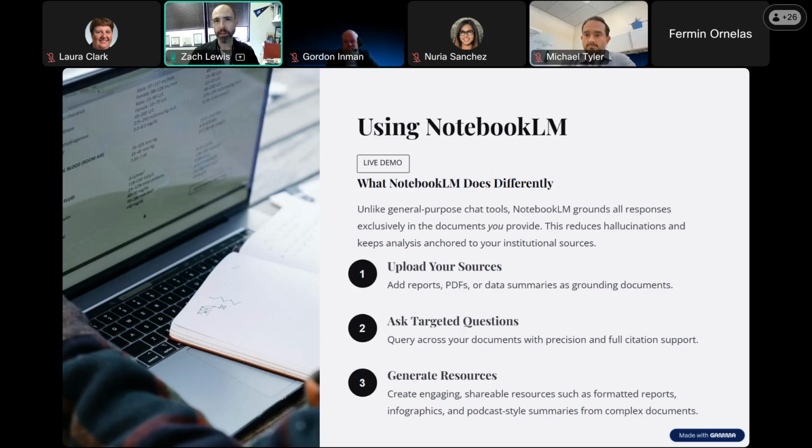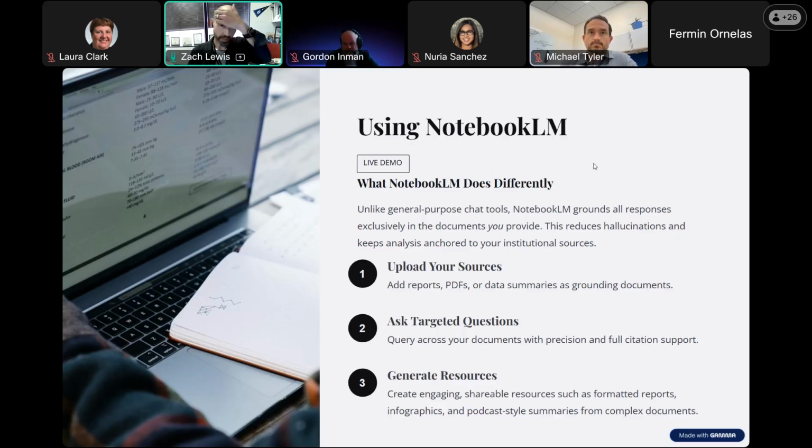Oftentimes we get the question of, okay, you have this analysis and this data, but how does that compare? Or is this good? Yes or no? And so one of the easiest ways or best ways to go about trying to figure that out is to try and understand the context and what additional benchmarks and comparisons might be available.